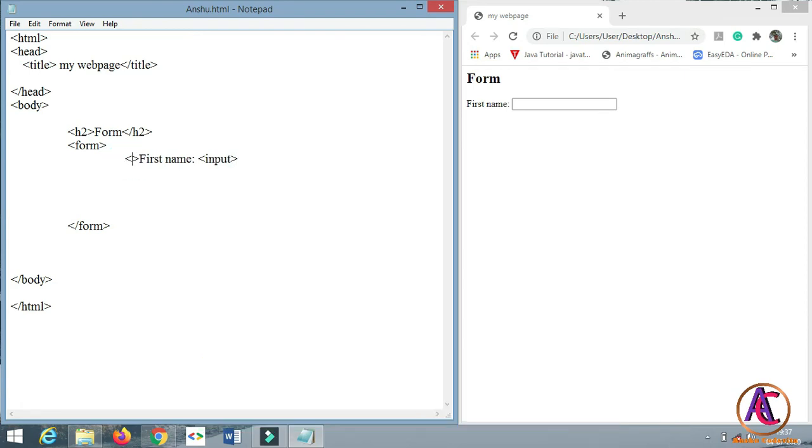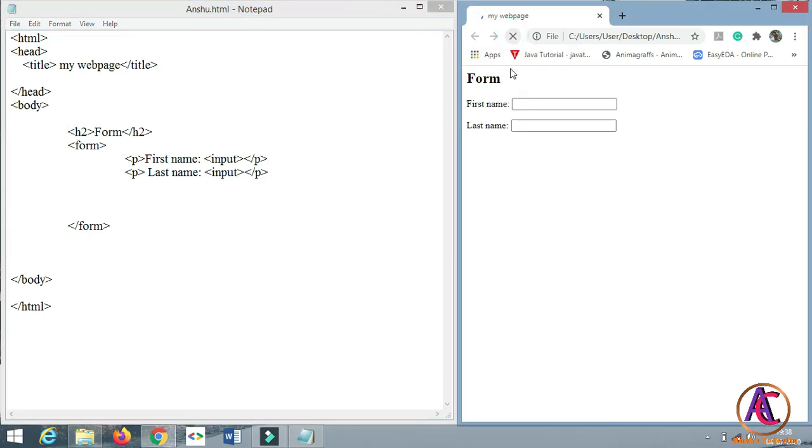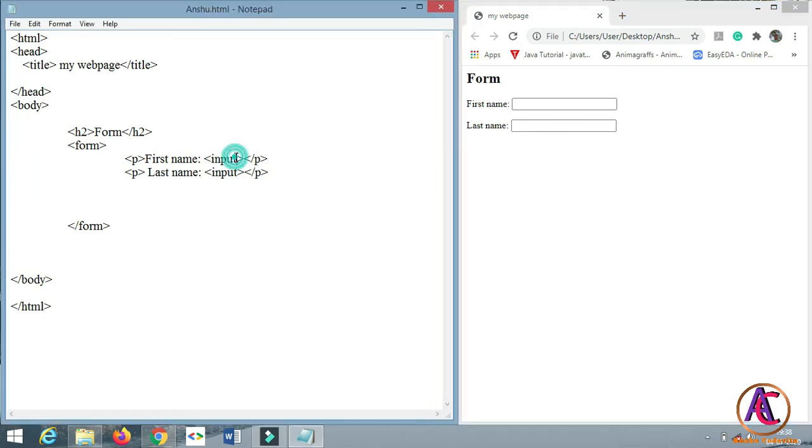So let's create a paragraph, giving one more option to the user. Let's create another option in a paragraph, name it Last name, and type input. Save it and refresh it. You will see that the last name appears below the first name.